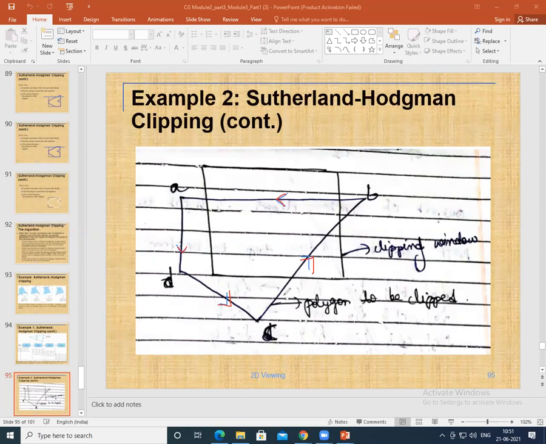So this is the polygon to be clipped, and this is the clip window. This was the problem that had been given. So if I ask you to clip along the left clipper, so this is the left clipper. So you have to clip this particular edge at this point, right? At this point only, that is the thing, right? So let me see how you have analyzed this problem with respect to the left clipper, right? Here is a solution for you.